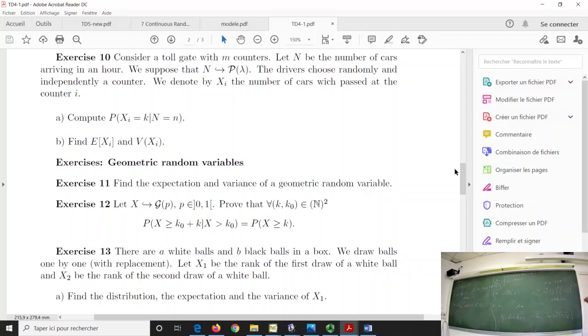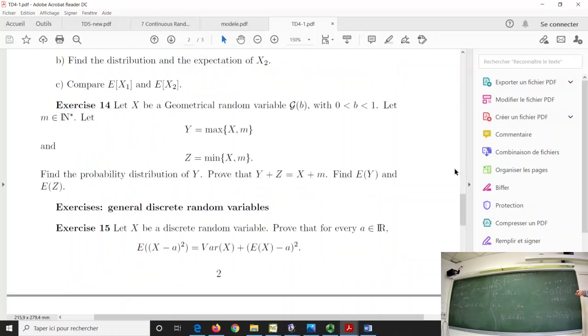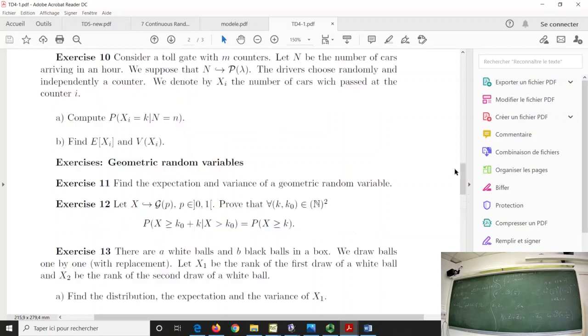And you have everything here, because you know this one from what I have written here, and you know the probability that capital N is equal to small n, because you have an assumption on the distribution of capital N. Okay? I break now, and after I will do the computation.